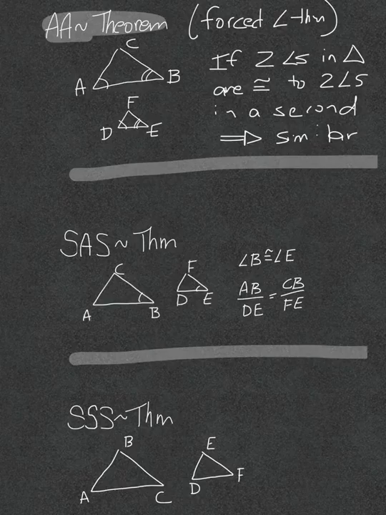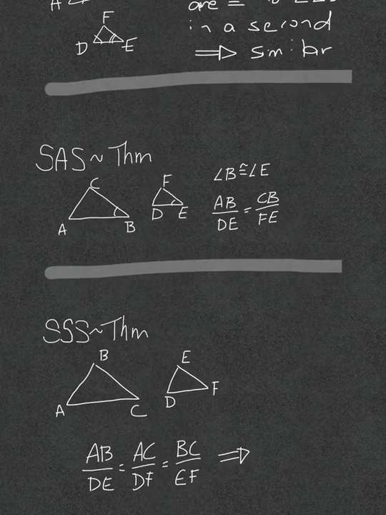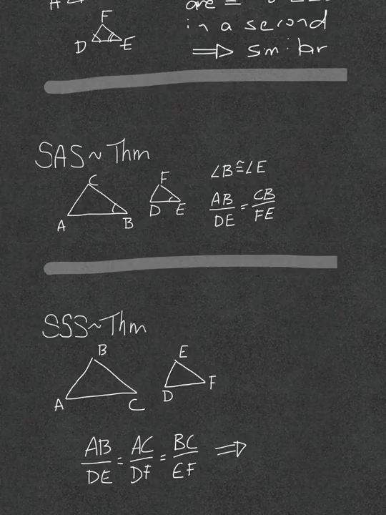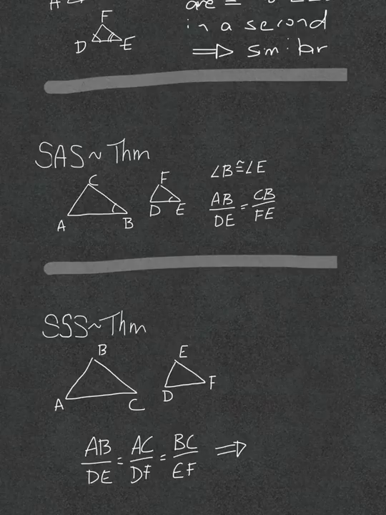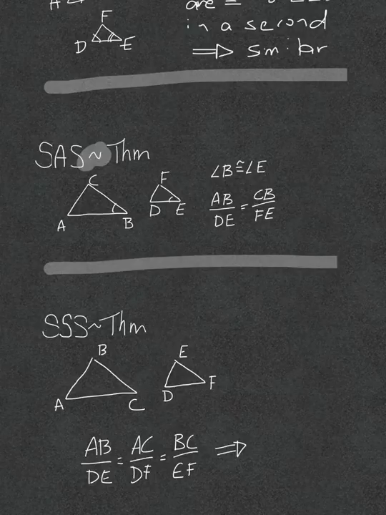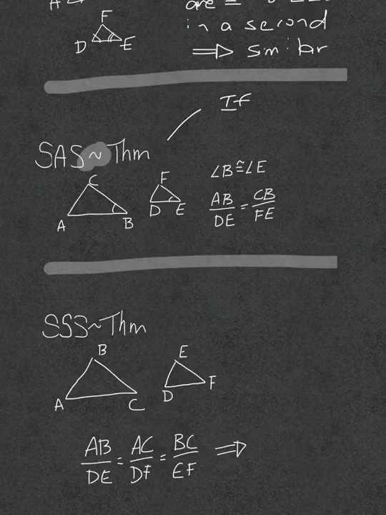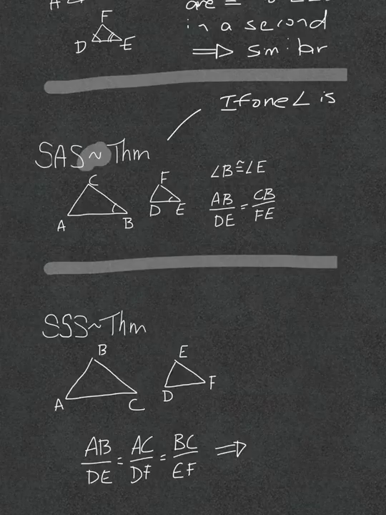And now, for the side angle side similarity theorem. Make sure that you are using that similarity symbol when you quote these theorems. All right, and this one says if you have an angle, okay? So if one angle is congruent to another,